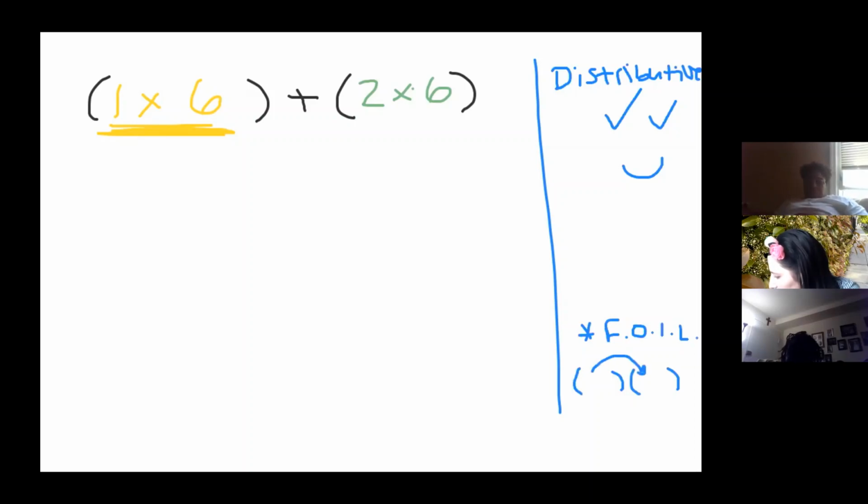Yeah, I remember that. Okay. 1 times 6. We said 6 is the group size. 1 is the number of groups. 6. In the problem we were looking at, this whole little expression, 1 times 6,